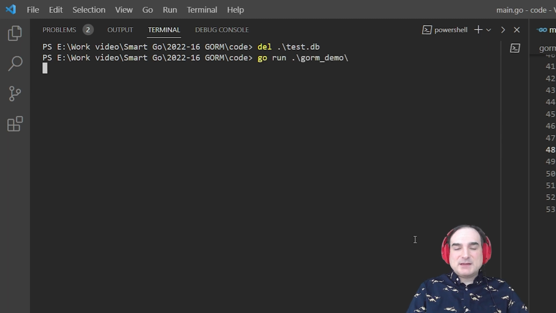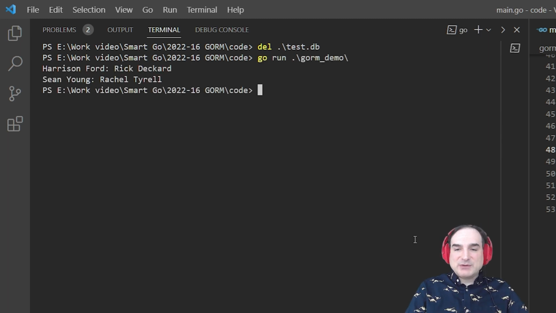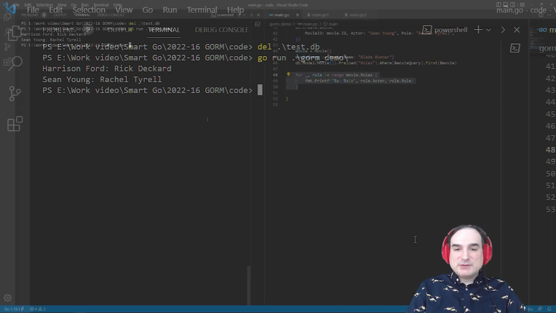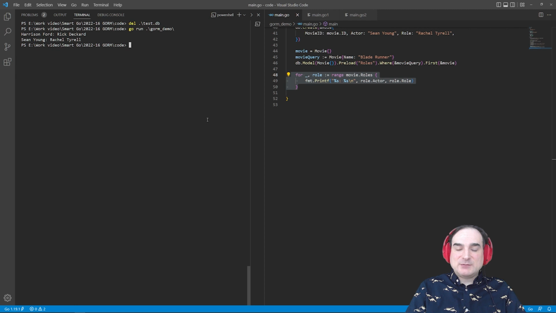So to sum up, Gorm provides us with programmatic ways to work with databases, as ORMs do generally. It uses Go's struct type as the basic way to describe database tables, and to provide a place to store returned query data. It also includes ways to express things that are specific to databases, but can be abstracted away through the ORM interface, such as how to do things like require that particular columns be populated in a row. So that's it for this video.